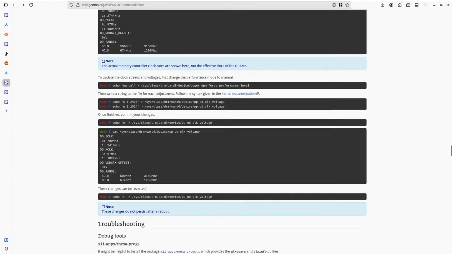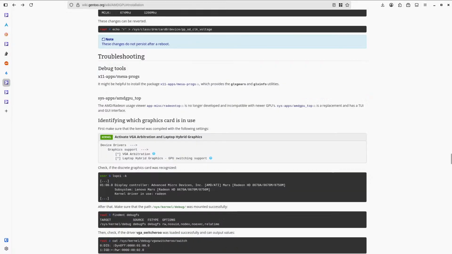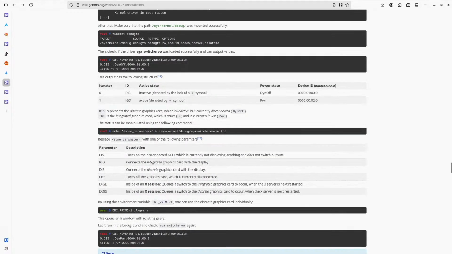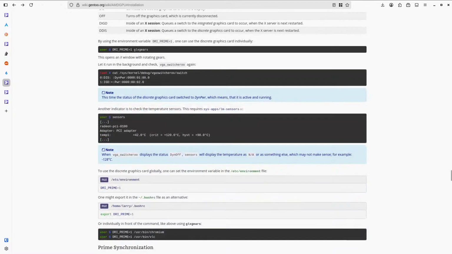Power levels, troubleshooting, AMDGPU top. Identifying which graphics card to use. Hmm.